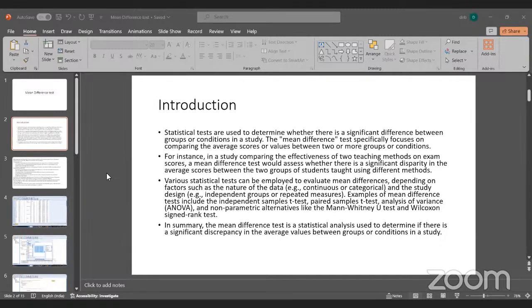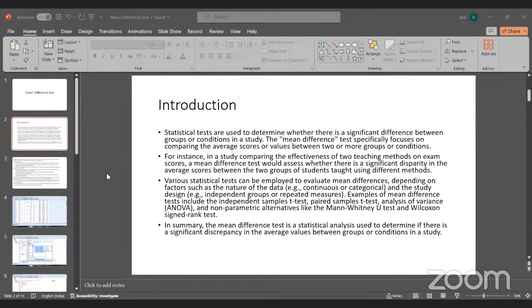In summary, the mean difference test is a statistical analysis used to determine if there is a significant discrepancy in the average values between groups or conditions in a study. Correct. So now in research,